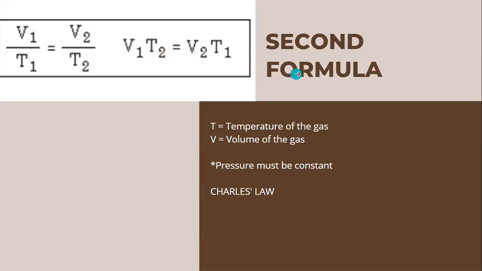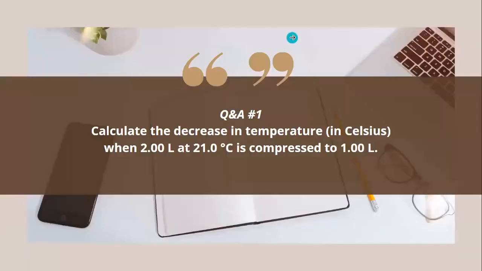And then there's the second formula. So here, T means temperature of the gas and V means volume of the gas. So in Charles' law, the pressure must be constant. So question number 1, calculate the decrease in temperature in Celsius when 2 liters at 21 Celsius is compressed to